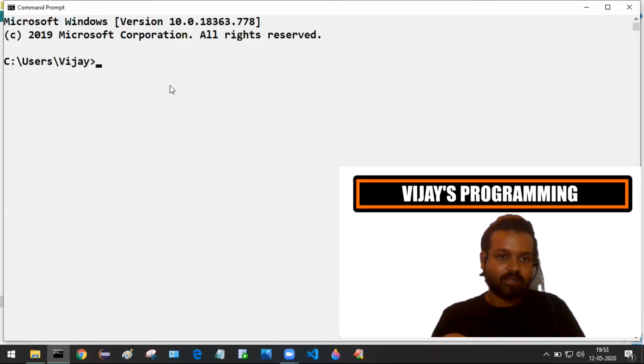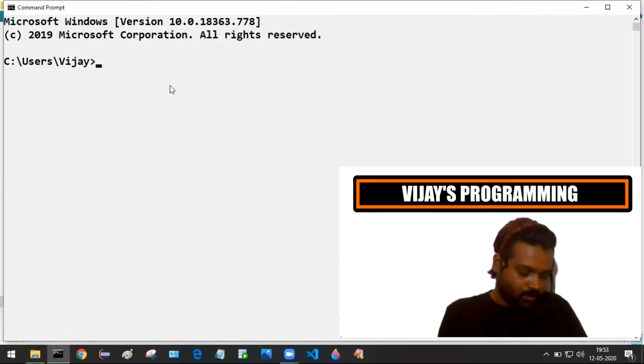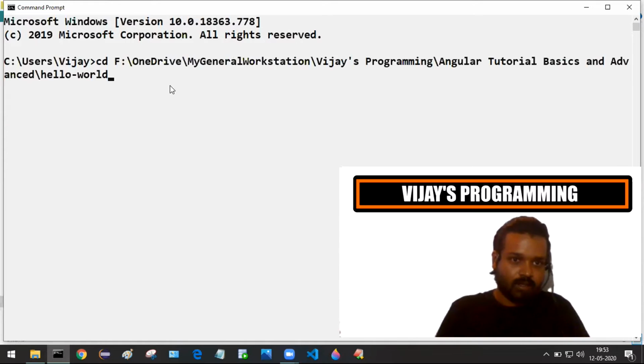We need to trigger this command from the app's root folder, so first I need to go to that location in the command prompt. Cd space, paste the path and press enter.